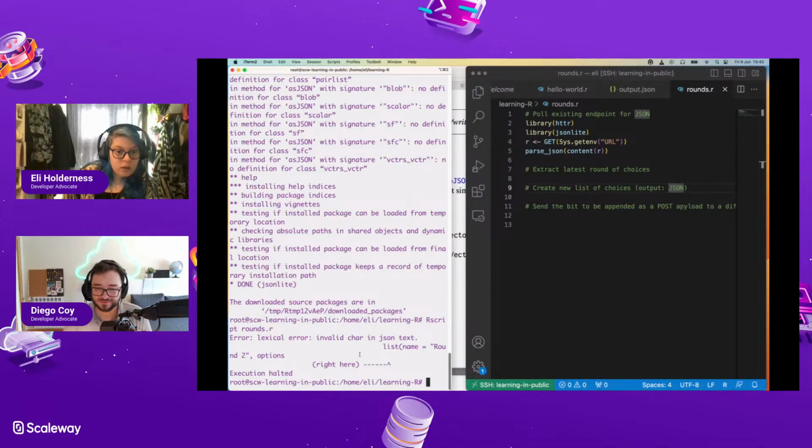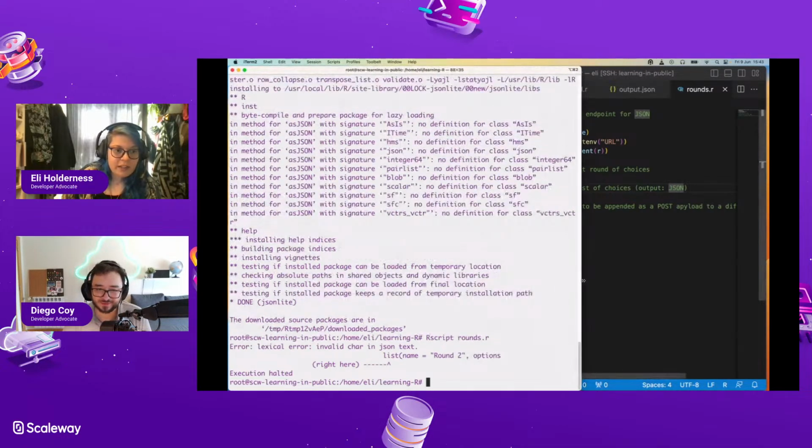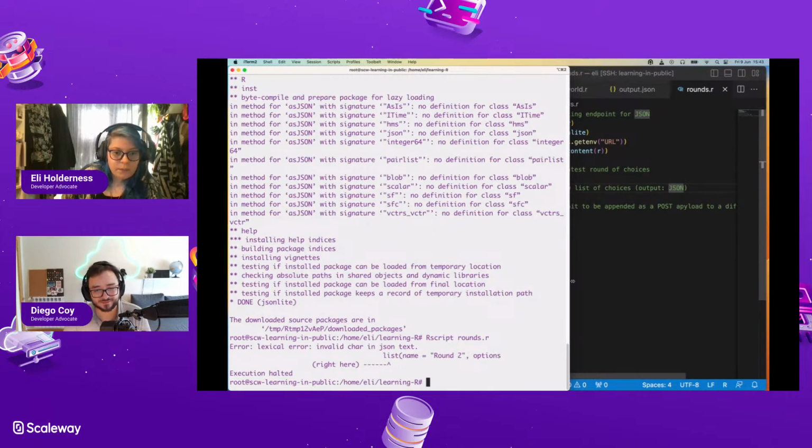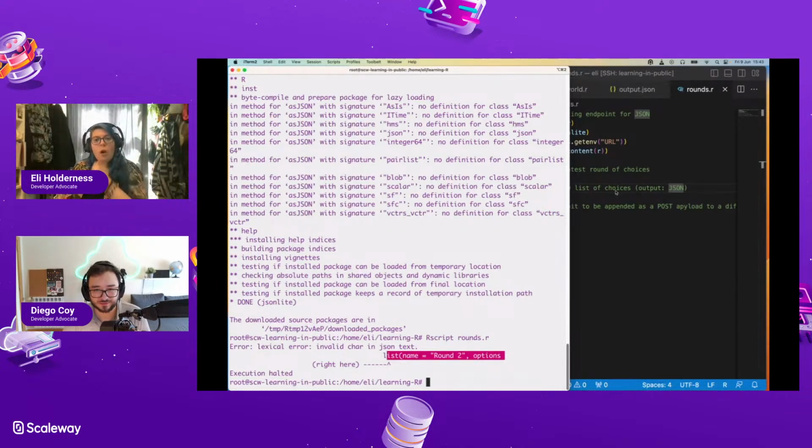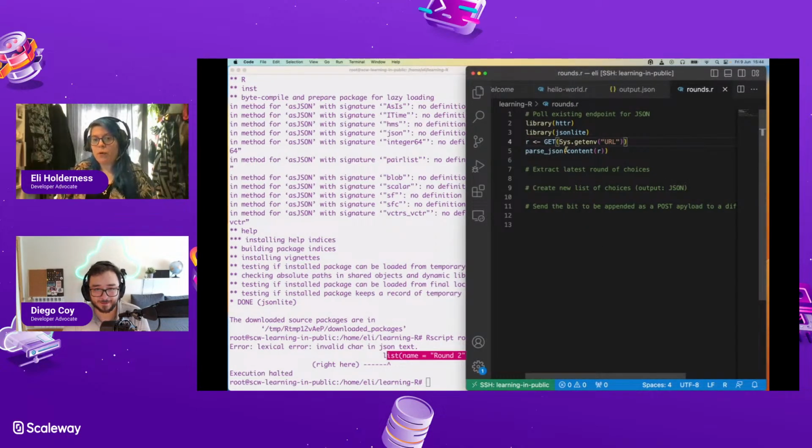Ooh. Invalid character in the JSON text. Love it. Oh, okay. So what are we getting back from the HTTR package? I think this content is doing some parsing into R structures, and that's not playing well with parse JSON. It's expecting something more raw.